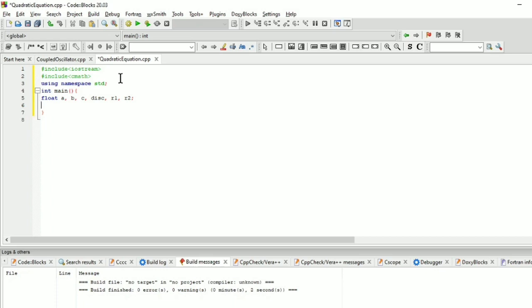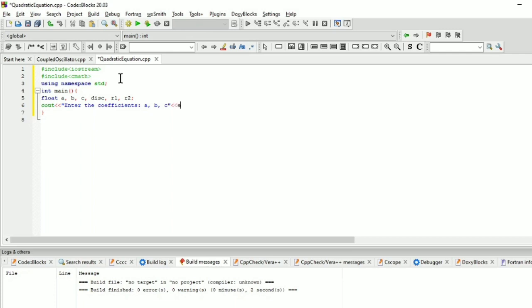Then we want to print the message to enter the coefficients a, b and c. So these coefficients are required to calculate the discriminant. That is why first these three coefficients are needed as an input.